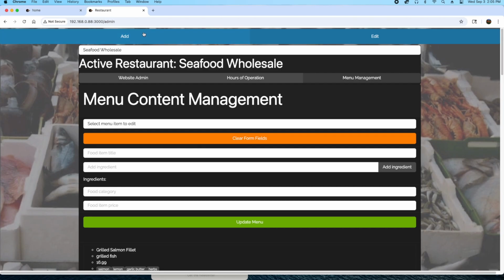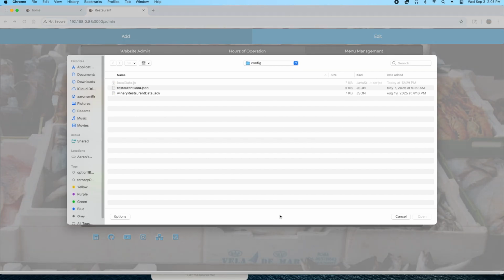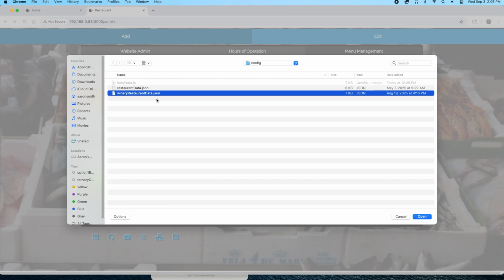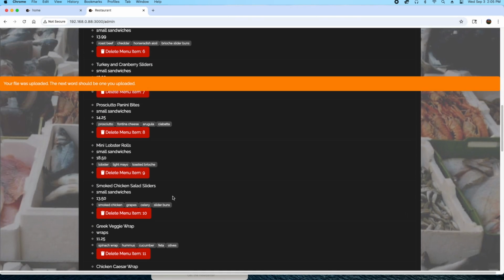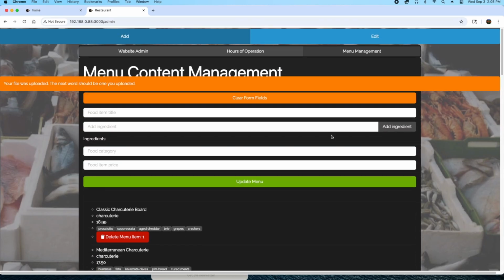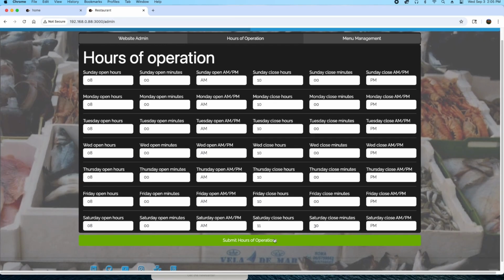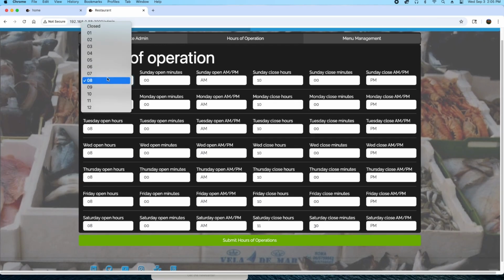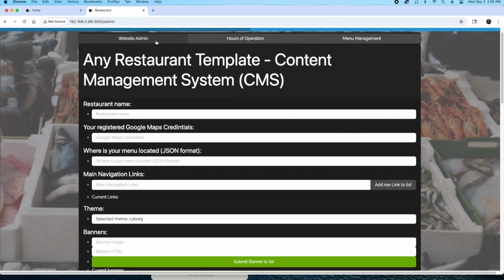And so you can edit your menu, your hours of operation. And here we're going to add a whole new restaurant. So here I choose a little bit of where I want this thing to be located if you want to build your own, and then you can upload your menu. So it works out with a JSON file. And here is the default hours that we've set up, and you can change those to whatever you want. And from here,